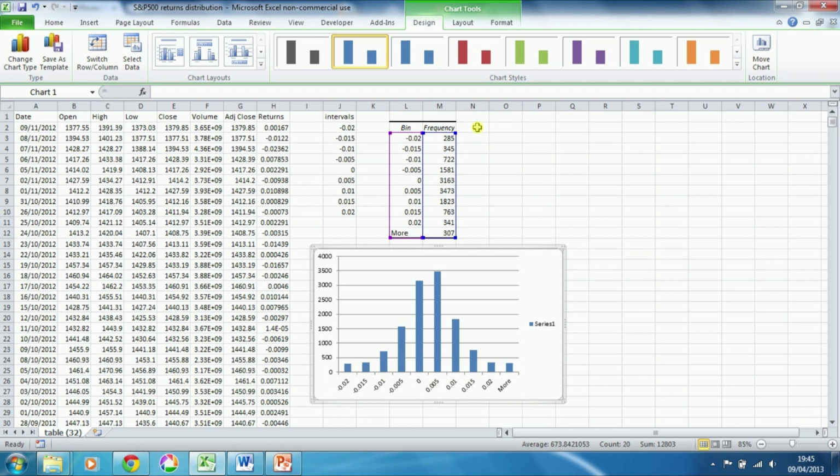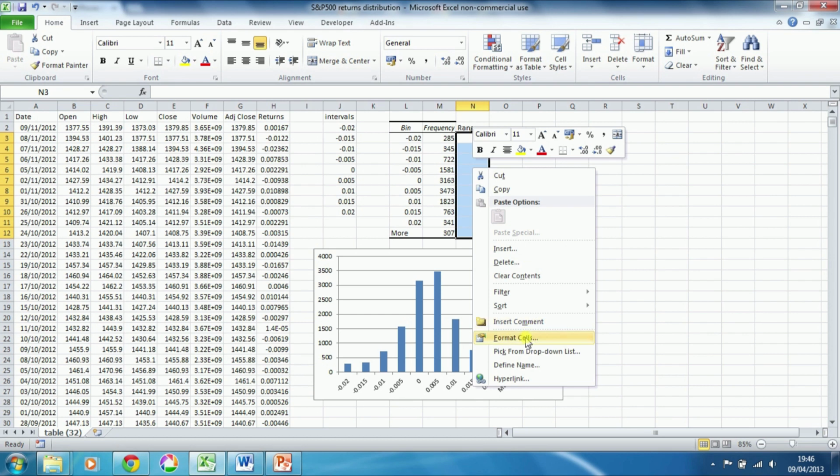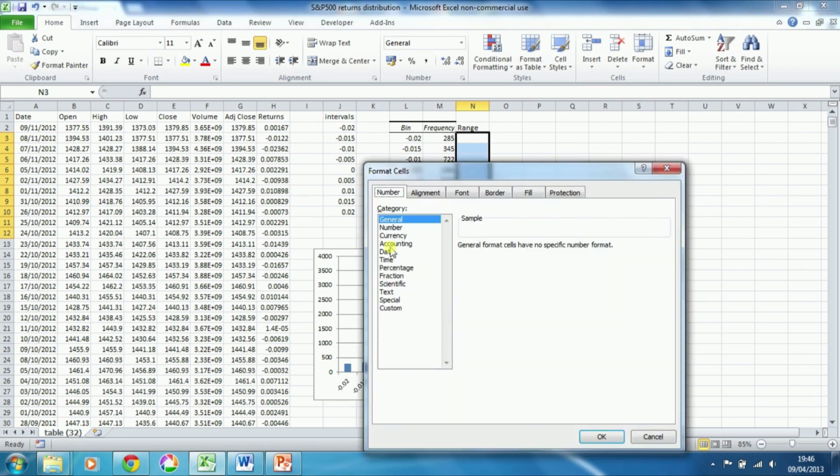So to do that, let's create a range column in column N. In N2 we'll type Range, and in N3 we'll type the appropriate range that applies to this bin value, and so on, and we'll do that in all of these cells from N3 to N12. Before we do that though, because we're going to type it in as text, we want to format these cells so they know that these cells are going to be understood as text. So we select all those cells and right click within the selection and click Format Cells. And we then want to change the category to Text